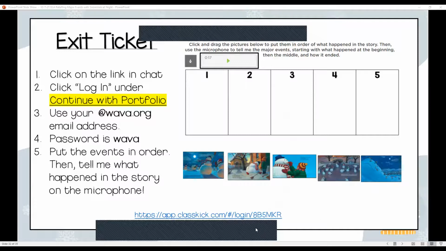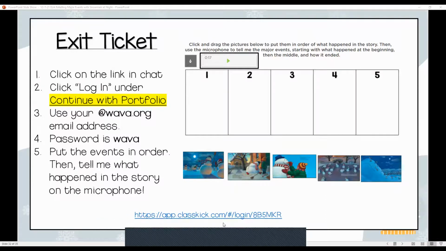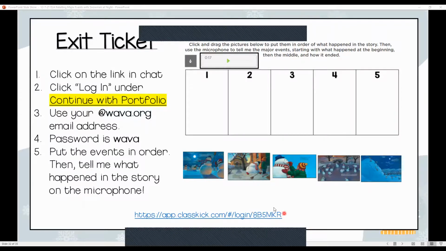So that is what we are doing today for Class Kick. And I will be sending this Class Kick link to you, but this is the link right here. And remember, the code is always going to be the end that you see on that link in case you ever need the code.